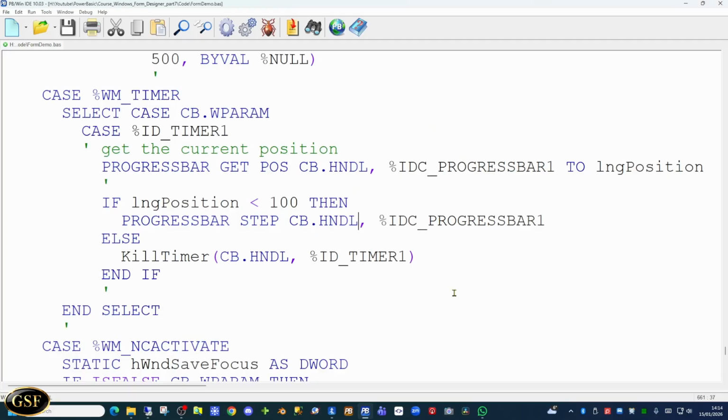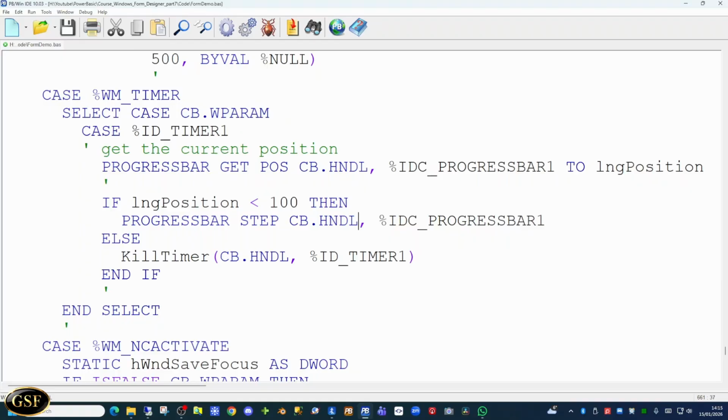Now that works quite nicely, but what we want to do next is simulate some back-end processing. So I'm going to change the way this application works. We're going to create some back-end processing in a PowerBasic thread. We haven't covered thread handling yet, but we'll take this one stage at a time. So first of all, we'll need to create a couple of custom events. One to handle the advancing of the progress bar, and one to inform our second dialog that processing has now